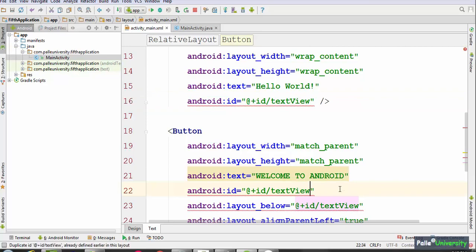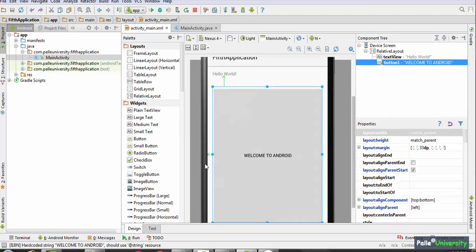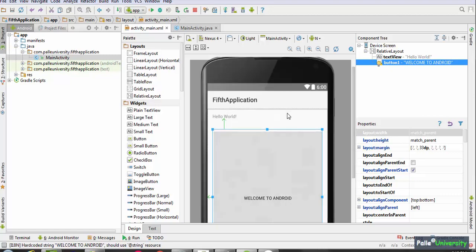Save it. Observe, automatically it is showing an error because no 2 rectangular boxes or no 2 views should have the same ID. It is like, is it possible that 2 persons can have the same Aadhaar card number or the same social security number? Not possible. So on the same grounds, here also it is not possible to have the same ID for 2 different views of the same screen. Now once I change the text, your design will look like this. Now let me run this application on Genymotion.